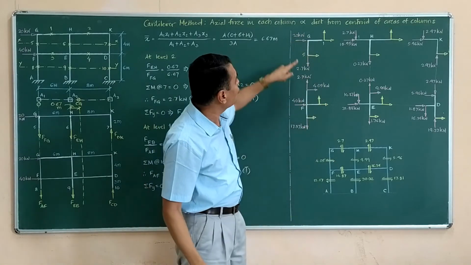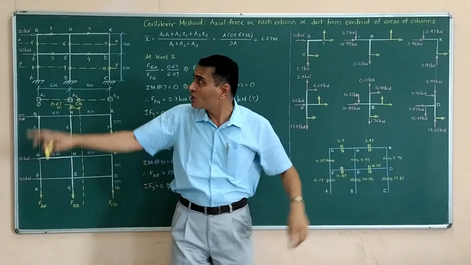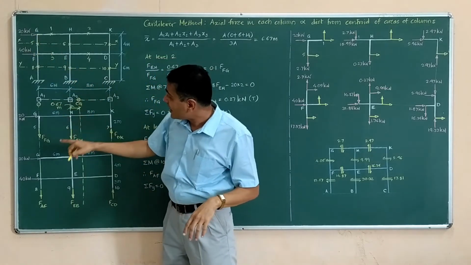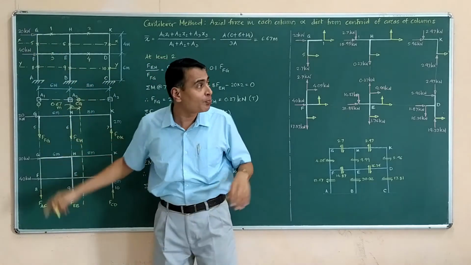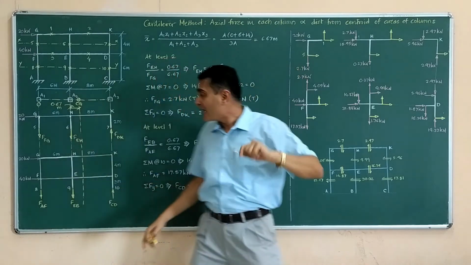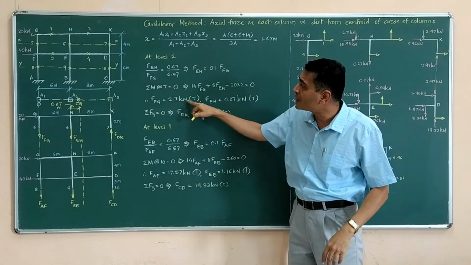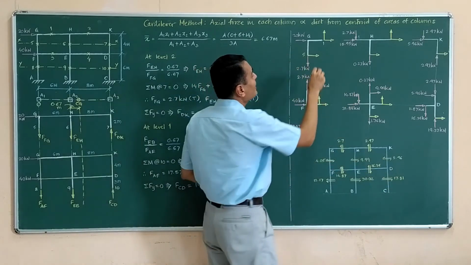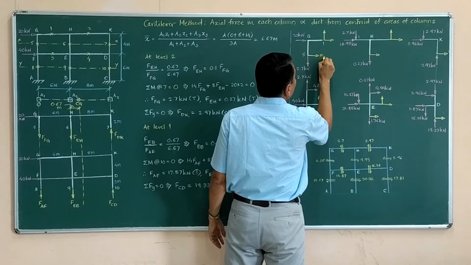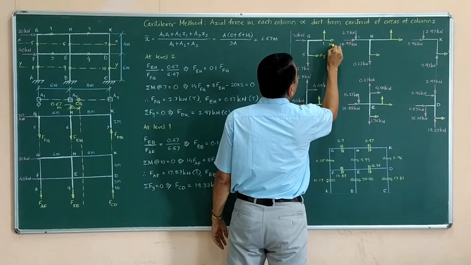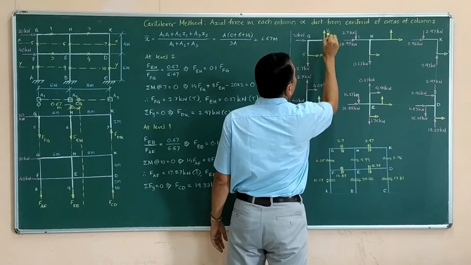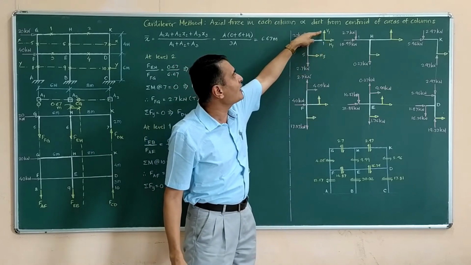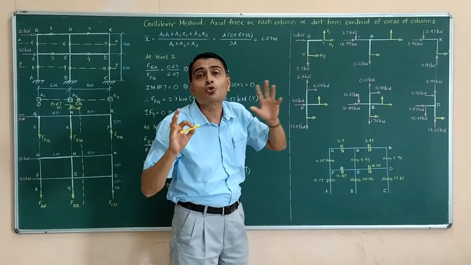What do I know? I know that it is subjected to 20 kilonewtons rightward force, and I also know that F of Fg is a pulling force, tensile force, and that we have calculated as 2.7 kilonewtons. So that force I am showing here. However, H of 5 is unknown, H of 1 is unknown, and V of 1 is unknown. That is, this axial force, this shear force, and this shear force, they are unknown to us.